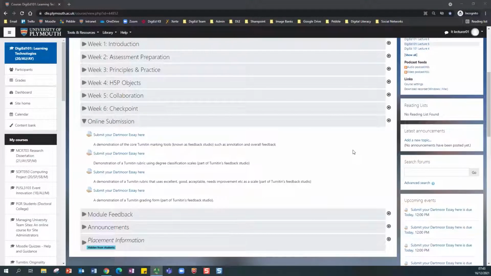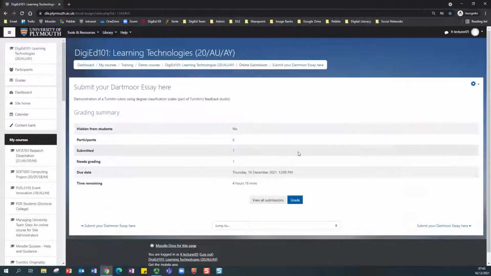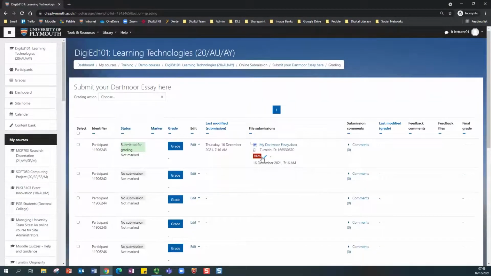So in this part of the video we're going to look at the rubric tool within Turnitin's Feedback Studio. You access it in the same way as we saw previously for the core tools, so we'll click on submission. I'm going to use a different submission for this just to demonstrate the rubric itself, but view all submissions as before. Use the blue pencil to access,